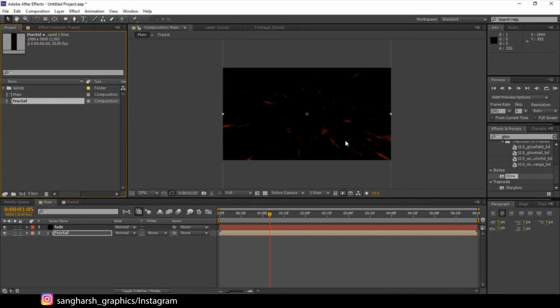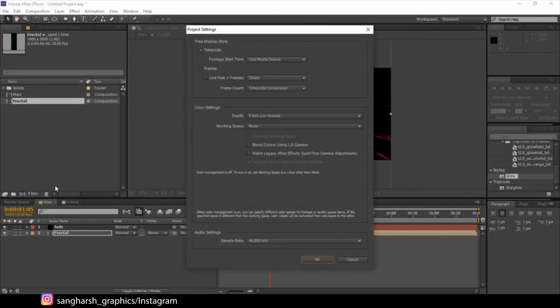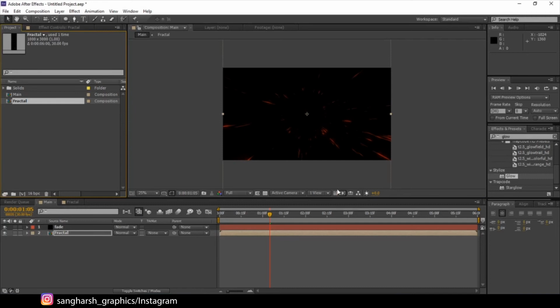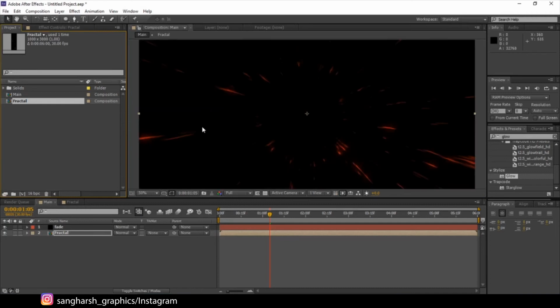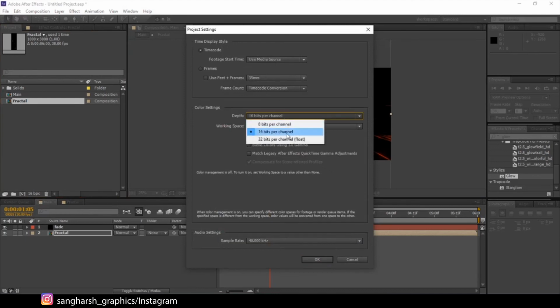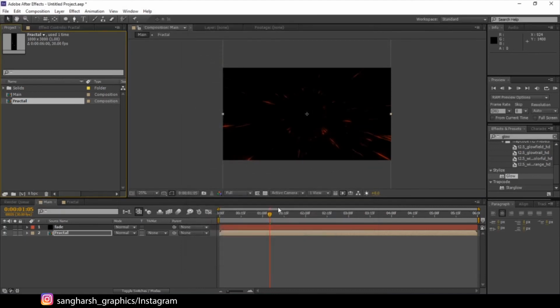If your glow doesn't seem perfect to you, you can change the bit depth to 16 bits per channel. It will take more GPU, but it will add some more glow to your scene. I am keeping it at 8 because I don't want my file too heavy.